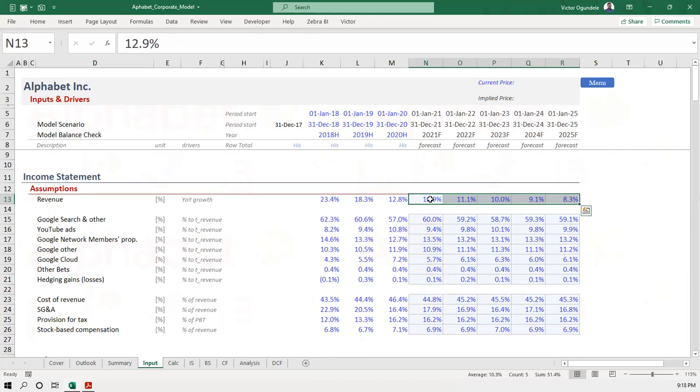Normally, if you are building a model, you're not supposed to be the only one working on it, and it's not even supposed to be your work to get all these assumptions. A research analyst is supposed to work on the assumptions, do the research, look into the industry, and feed you all this. But at times, as a corporate modeler, you are also a research analyst as well. So you need to understand it.